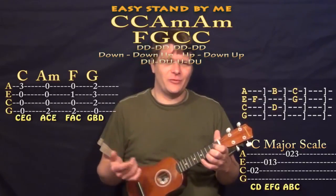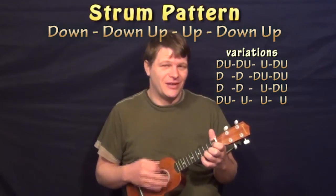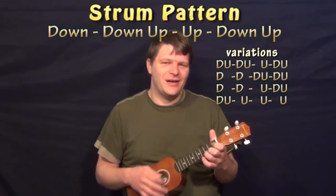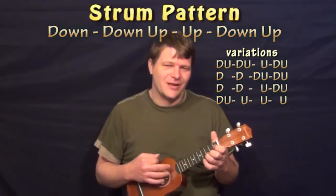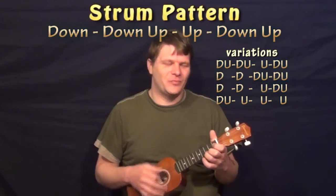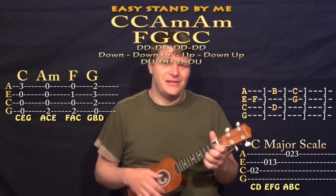One of my favorite strum patterns for a 4/4 like this is down, down, up, down, up. So if you took the C and just tried that a lot, you'd have down, down, up, down, up, down, down, up, down, up. Or a cool variation on that is a down, up, down, up, down, up, down, up, down, up. So if you tried that through the tune, you'd have the C,